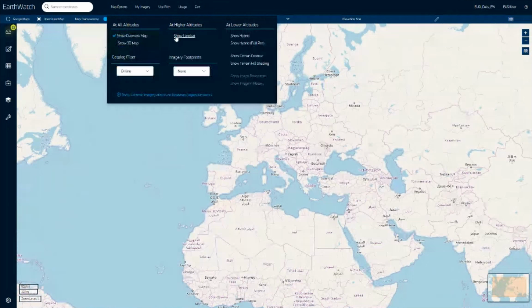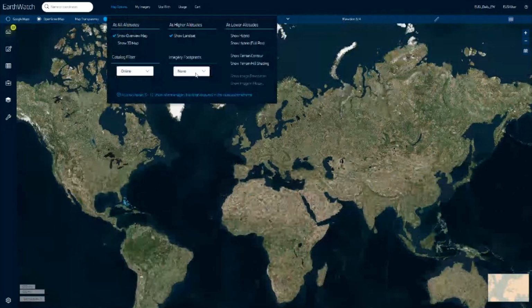From this menu, there is an option to show the latest imagery ingested within EarthWatch. So for example, I can have a look at the images acquired and ingested in the last 30 days.